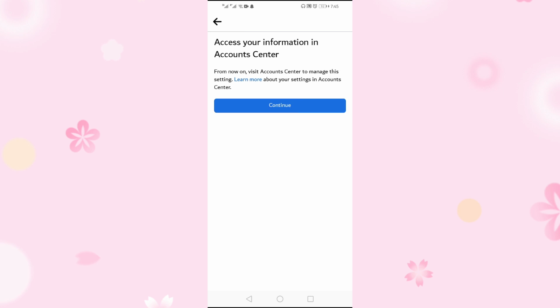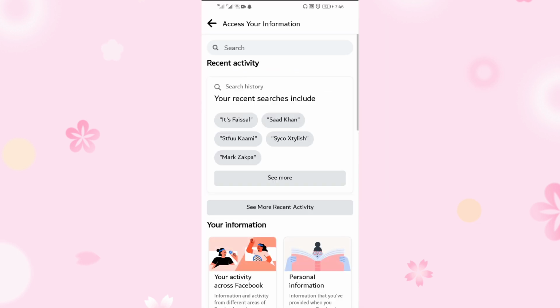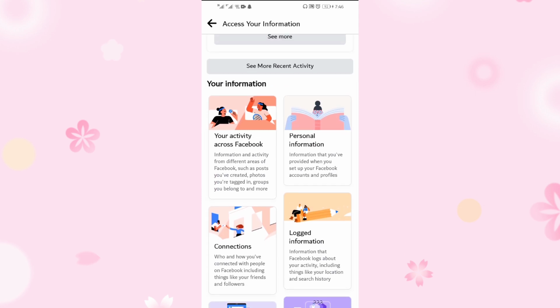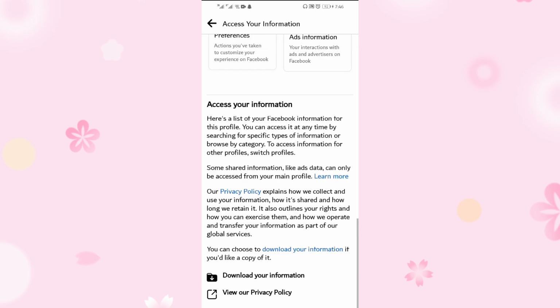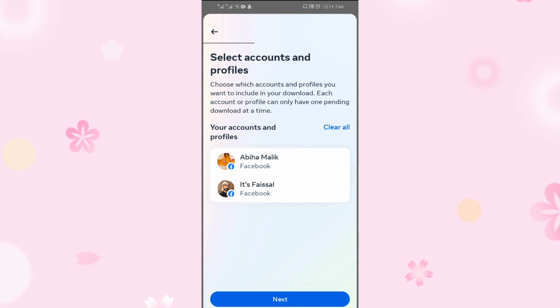Now select continue. Now open your account. Here you can see account, access your account information, download your information, and you have to send them a request. Now let's open our app. Next,